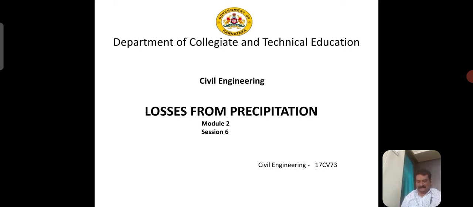In the last session, you have studied the different methods of direct measurement of consumptive use. In that, soil moisture studies on plot, tank and lysimeter method, field experimental plots, integration method, inflow and outflow studies for large area.